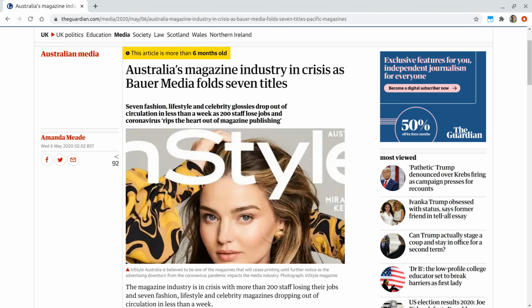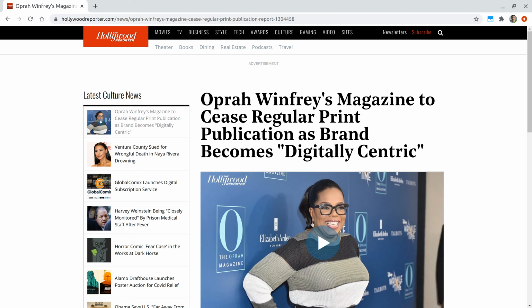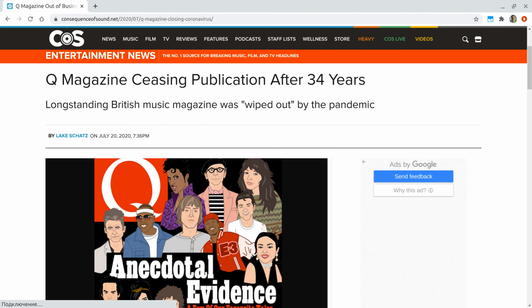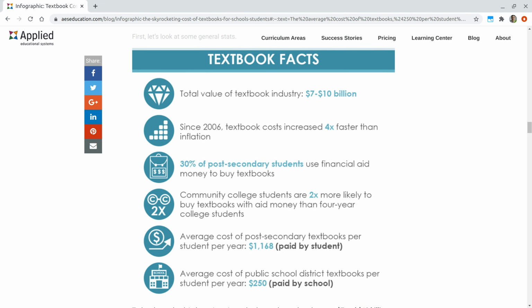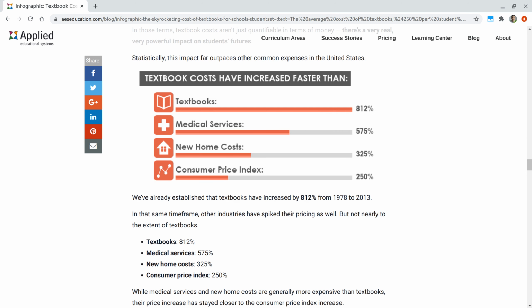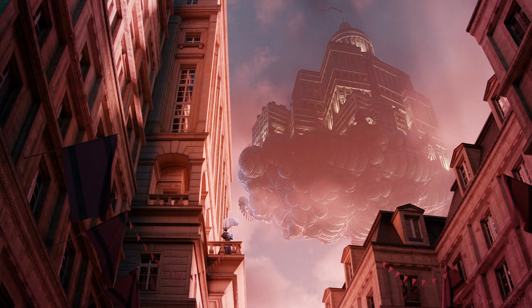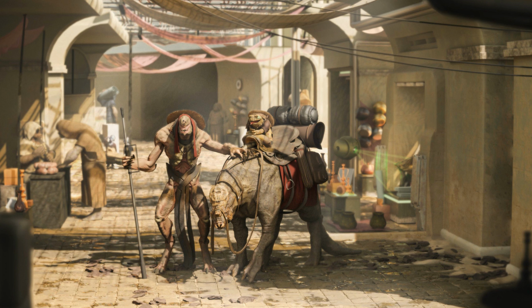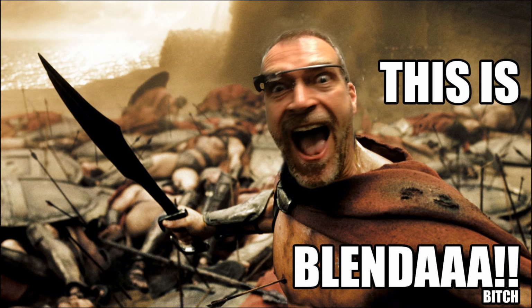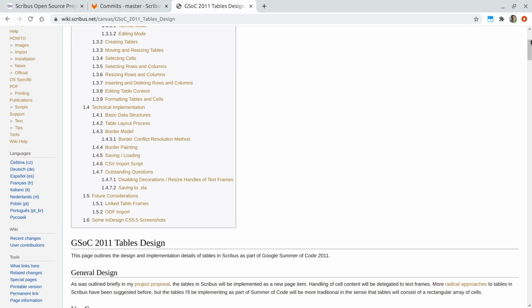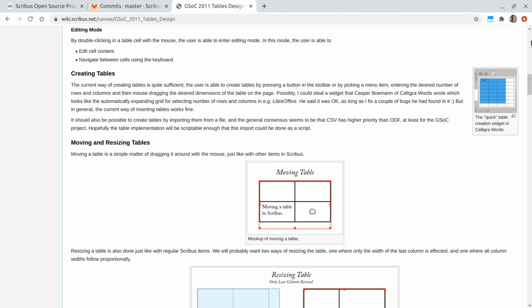I think part of the reason is that lately the publishing industry is not at its best. Unless of course we are talking about the organized crime we know as textbook publishing. And when an industry is not doing well, there is less interest in making software for it. And then again, desktop publishing is just not as fancy as, let's say, 3D and visual effects. So there is less interest from computer science students.